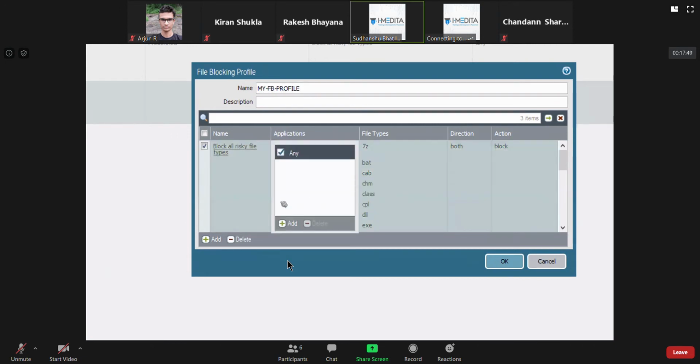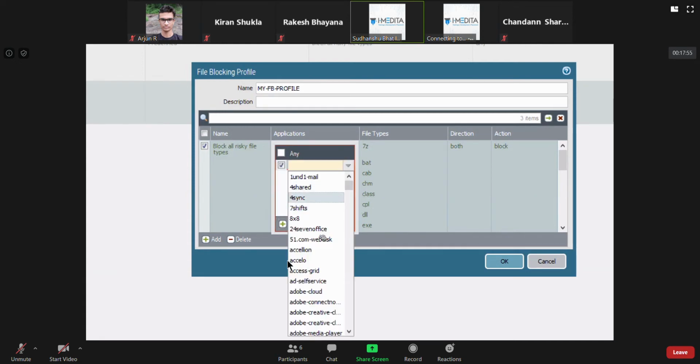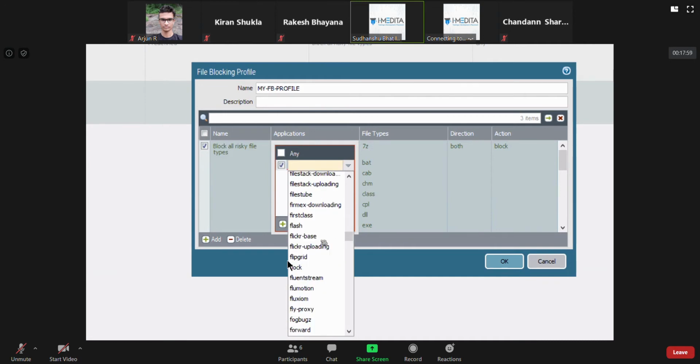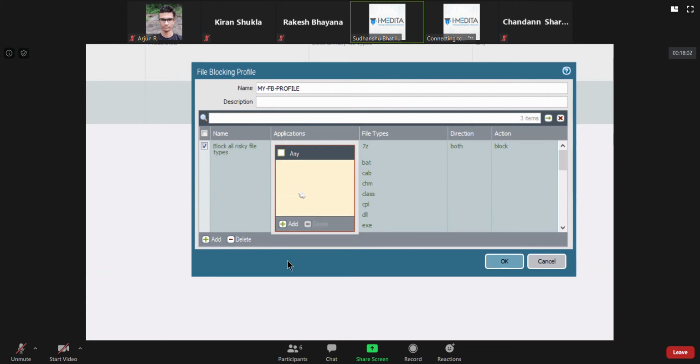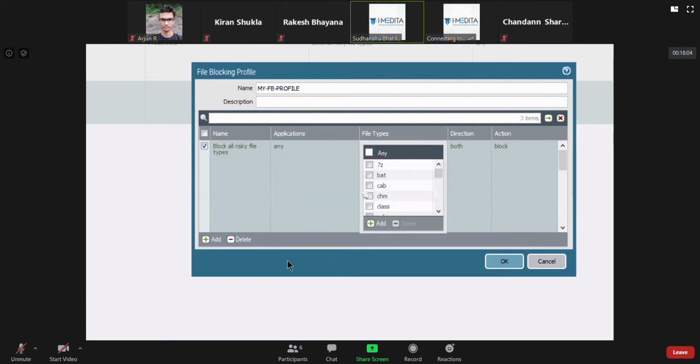And see here you can specify that I want to block these regarding what application, and all the app IDs that were available in the security policy, you can have them here as well.